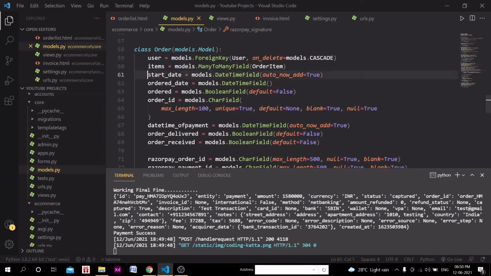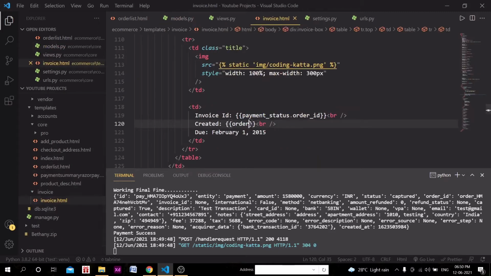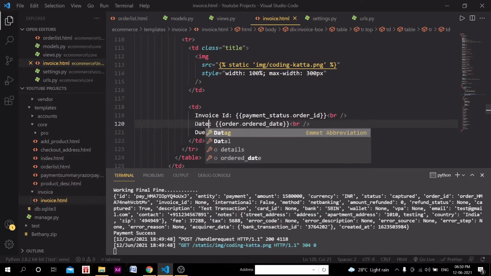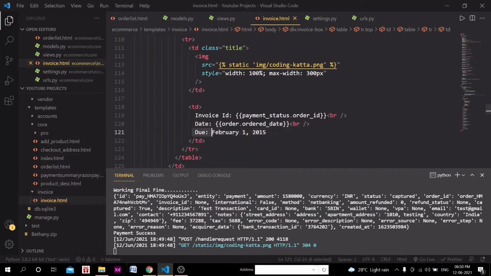So start date, maybe start date we can store, or simply we can store the order date, right? So order date in the invoice.html, we will simply call the order date, and here we will have date, right? And we will remove this div, we don't need this for now.